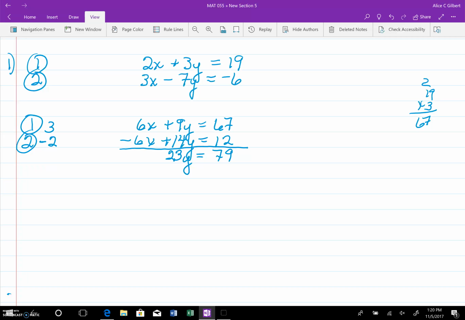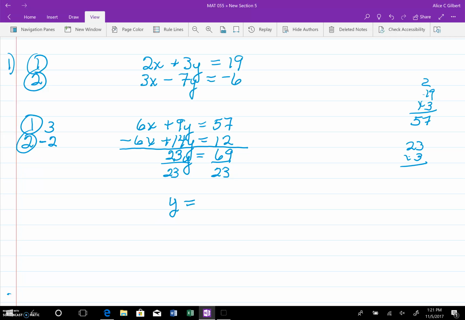Oh, and hang on just a second. I just realized that I messed up over here. 19 times 3 is 57, because 3 times 1 is 3 plus 2 is 5. So 57. And that makes this 69. And now I just need to divide both sides by 23, and I get y equals, well, 23, 24,